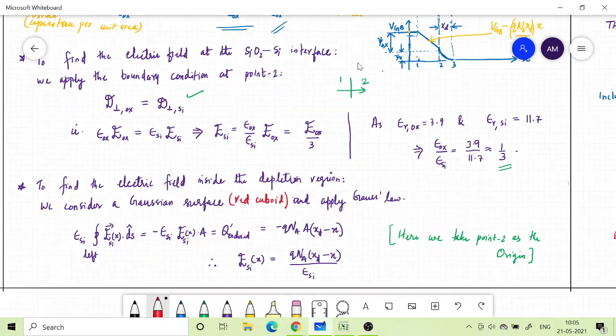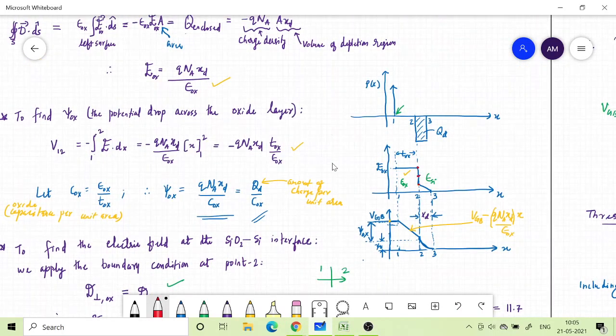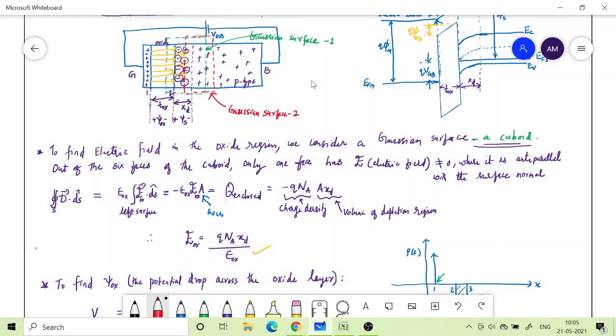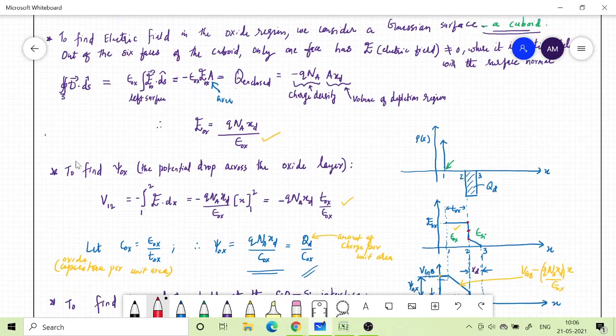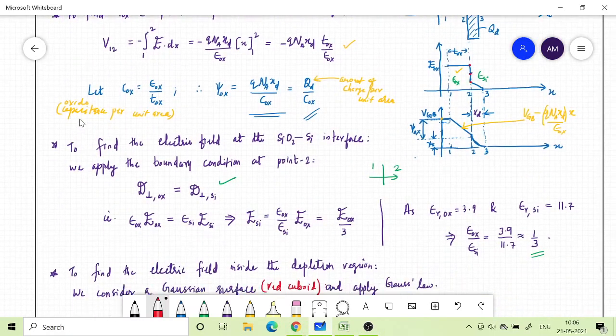That is the only region which is going to have charge, right? Because we are taking this red Gaussian surface. So for example, this region from here to here is the region where charge is going to be there, because the surface is between these two edges of the depletion region, and what is on the left side is outside the Gaussian surface. So that charge we don't need to count. Only whatever is inside the Gaussian surface is going to decide the boundary electric field. Boundary means boundary of the Gaussian surface.